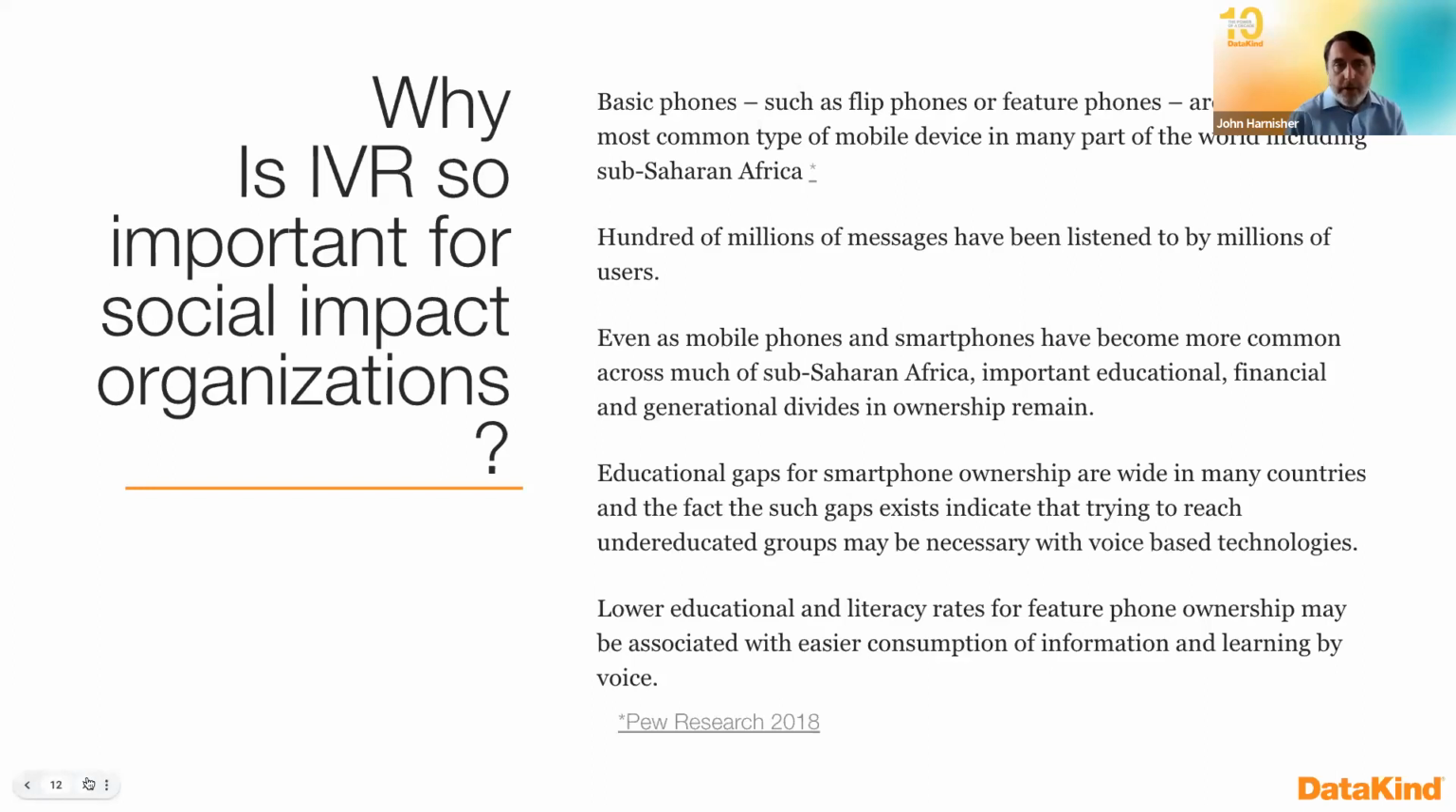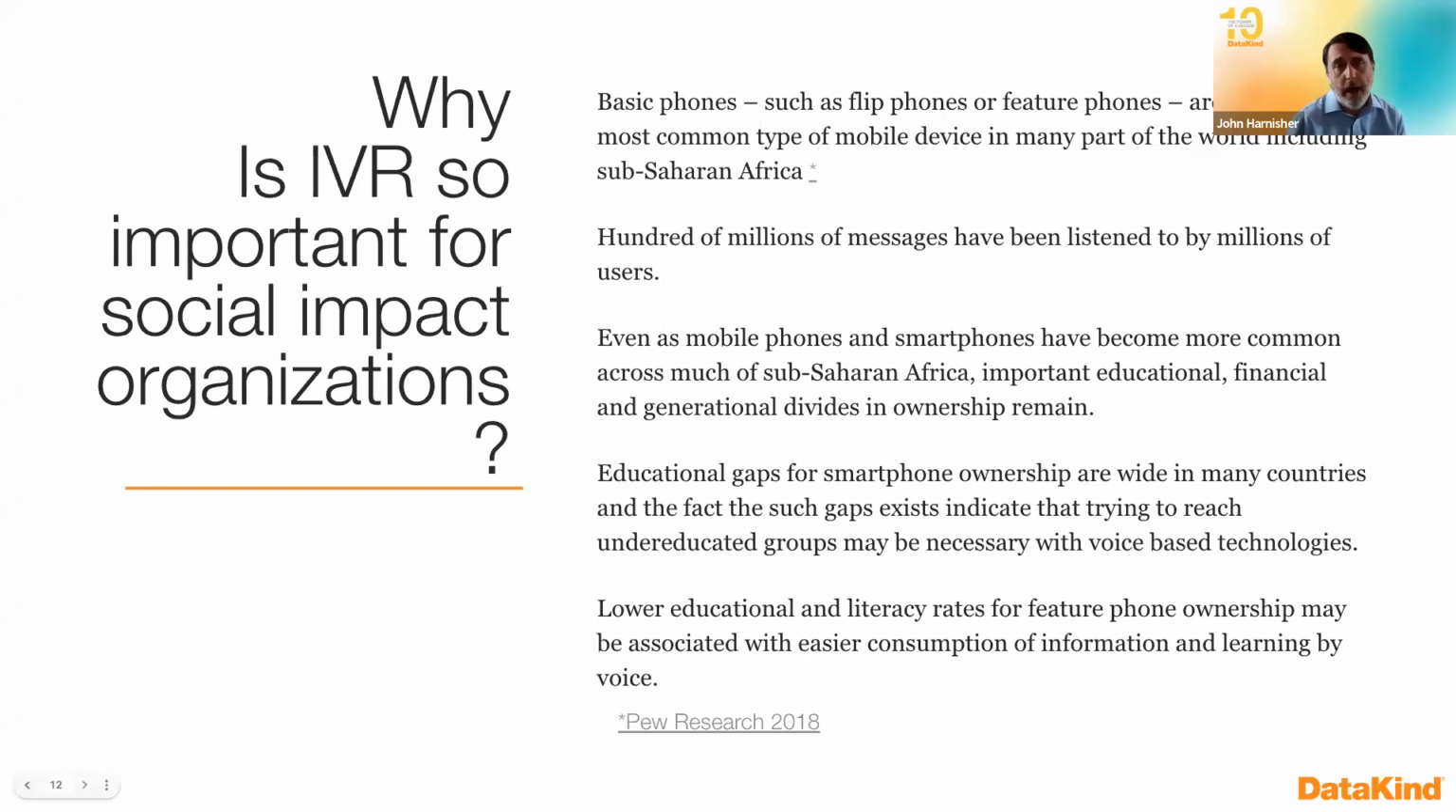The reason that IVR is so important for social impact organizations, like the ones that we have with us today, is that basic phones, such as flip phones or feature phones, are generally the most common type of mobile device in many parts of the world, including sub-Saharan Africa. So in order to reach folks in that space who may not have a smartphone and may only have a basic phone, which only allows essentially for voice interaction, you can provide learning to those people, you can provide information, you can provide health information to those folks. Hundreds of millions of messages are listened to by millions of users